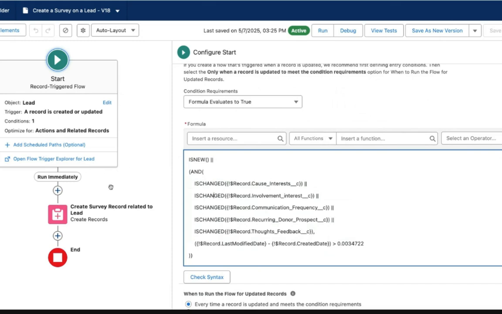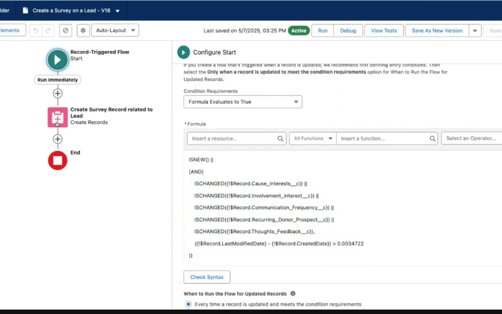All right, so what this essentially says is that we're basically telling this flow, hey, if a new record is created and then updated within 5 minutes, don't fire again. So when we have that set in place,